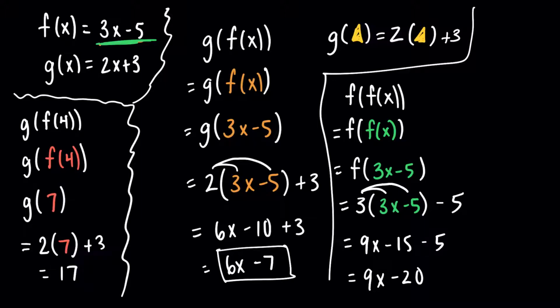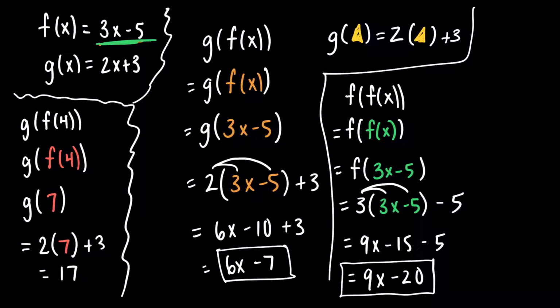Okay? So that would be f of x. So what we're saying here is that if you took an input, x, ran it through f, then took that result and ran that through f again, it would be the same thing as just multiplying the original input by 9 and subtracting 20. Okay, last thing I want to do is look at some graphs and then talk about